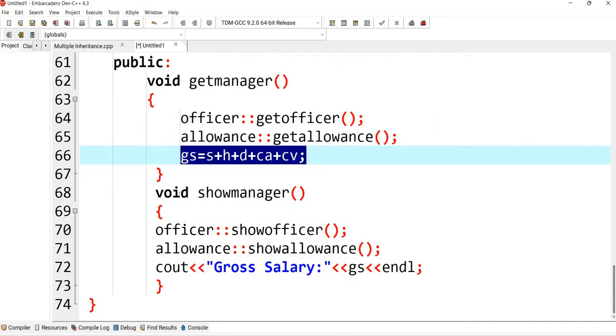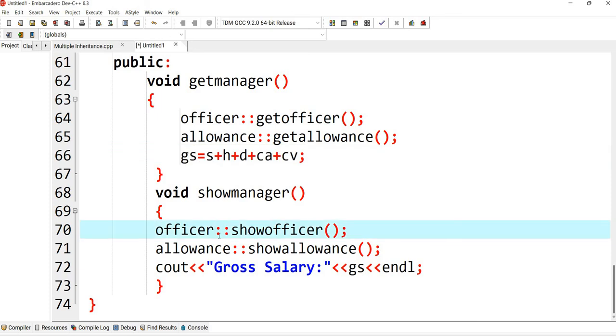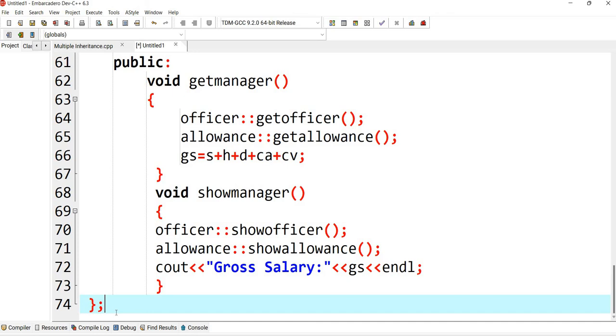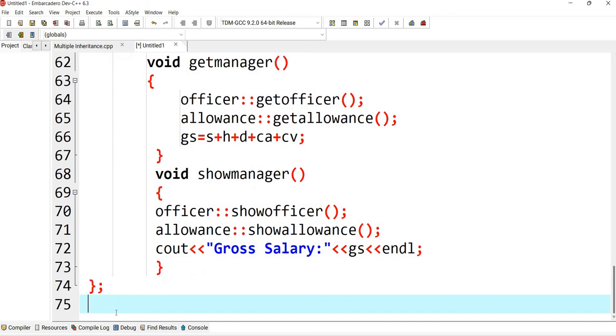Another member function is show manager. Again we are calling this show officer and show allowances to display the values from the officer and allowances, and this member function will also display this gross salary. So this is the end of this class, third class, right?